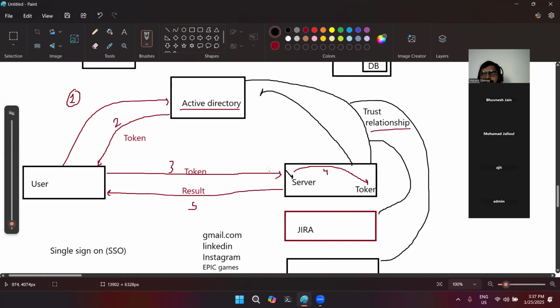So if that request is unauthenticated or has some kind of malicious content or anything else, then it can hamper the server. Agree. So to avoid these situations, initially all the requests are sent to the Active Directory, and then it gets a token from there. Got it, thank you.